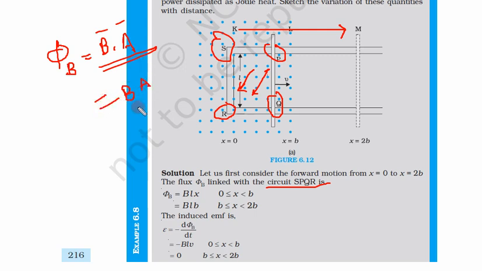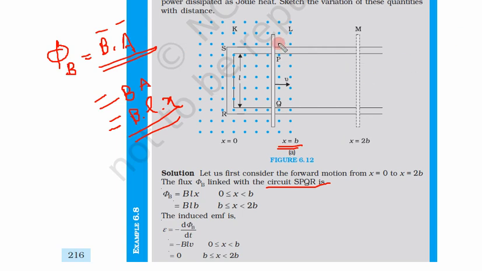Now what happens here? B is the magnetic field, this length is L that we have already seen, and this x is changing. So this is flux. But there is one more thing. Flux is always associated with the magnetic field, but the magnetic field is only up to this point, x equal to b. So suppose this arm is here, and we pull it down here.